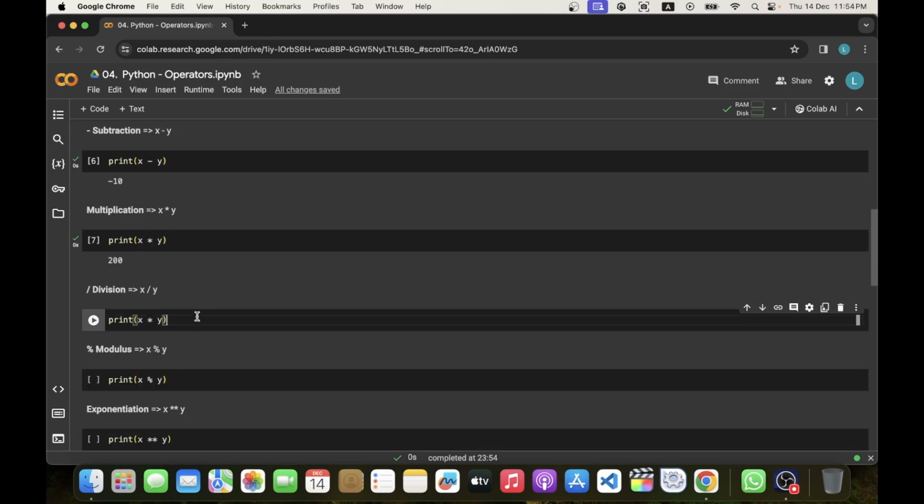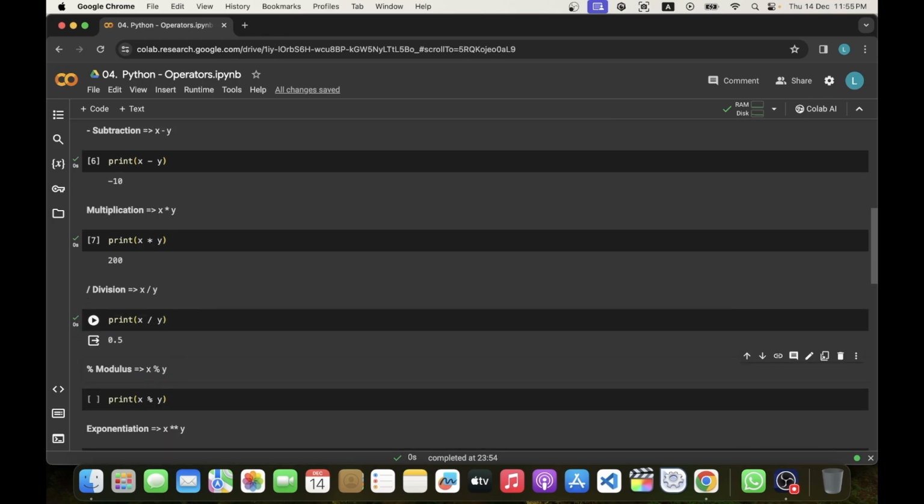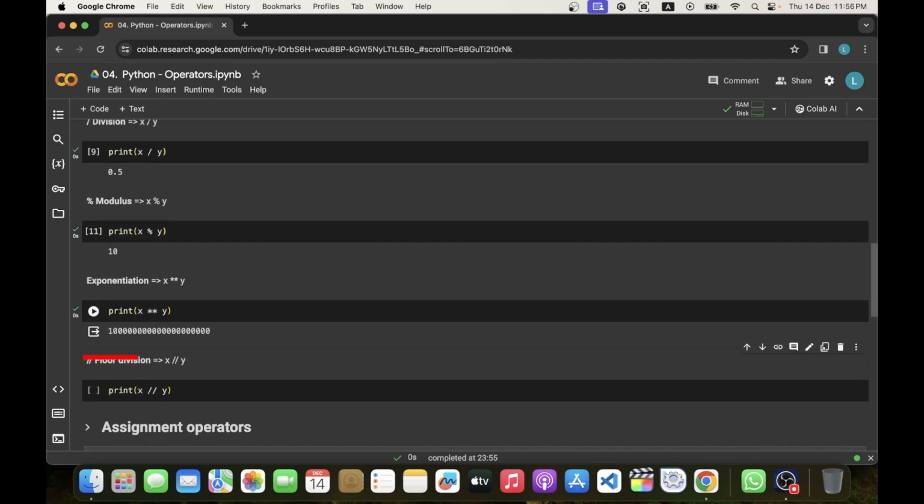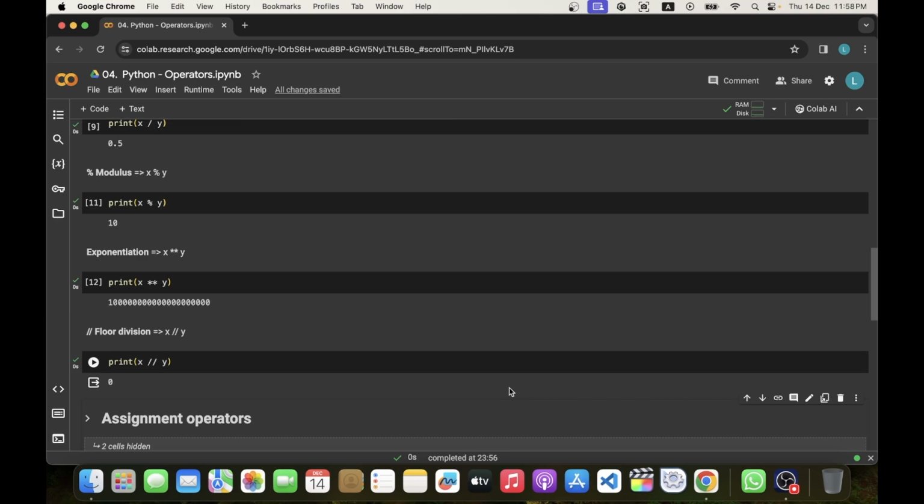Let's test the division operator. The division operator divides the first value by the second value. The modulus operator shows the remainder after dividing the first value by the second value. The exponentiation operator multiplies the first value with the power of the second value. The floor division operator divides the first number or first variable by the second number or second variable and shows the